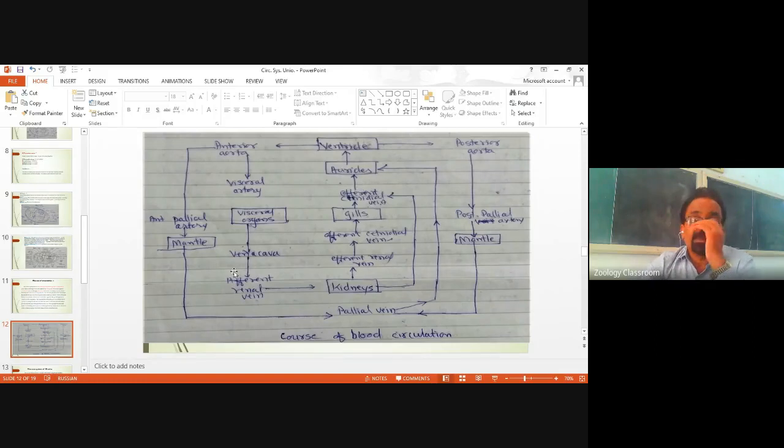So the blood which is supplied to the mantle, this mantle perineal vein directly pours the blood into the auricle. Also, blood from the mantle is collected by the posterior perineal vein. Sorry, this is the posterior perineal vein, and it is directly taken to the auricle. So finally, the oxygenated blood, maybe from the gills or maybe from the mantle, is finally brought